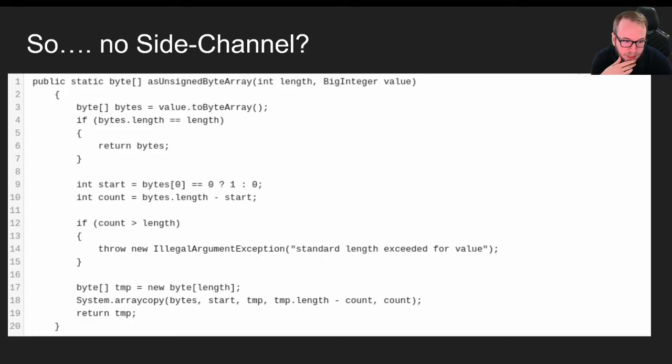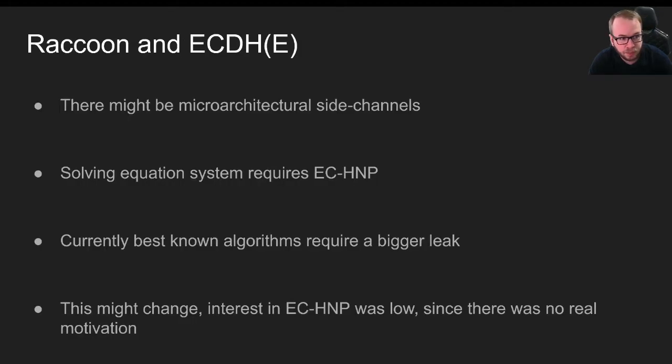And yeah, this is very common in big number libraries. So there might be microarchitecture side channels depending on the implementation and how they do this. But fortunately, in this setup, where you have only the x coordinate of a shared point, you have to use the elliptic curve hidden number problem. And solving this equation system is not possible with current techniques with leak sizes of 1 to, let's say, maybe 5 bytes. Currently, I think the best known elliptic curve hidden number problem algorithms require like a third